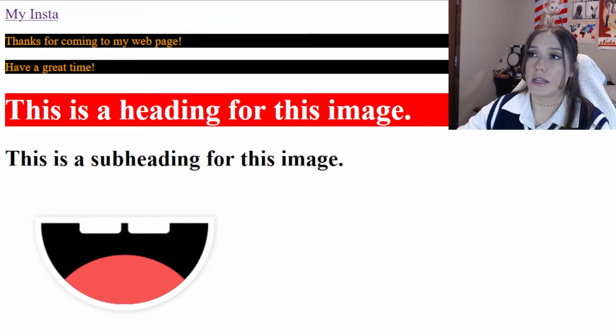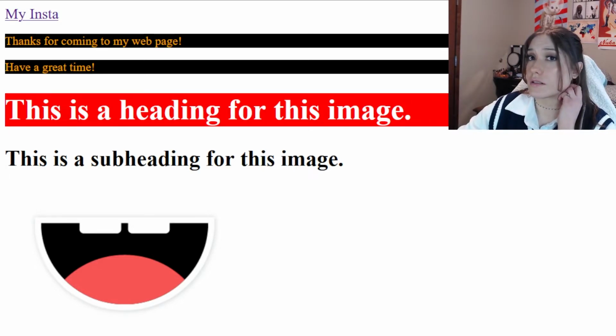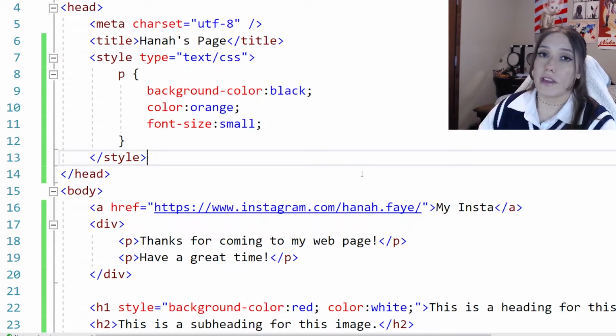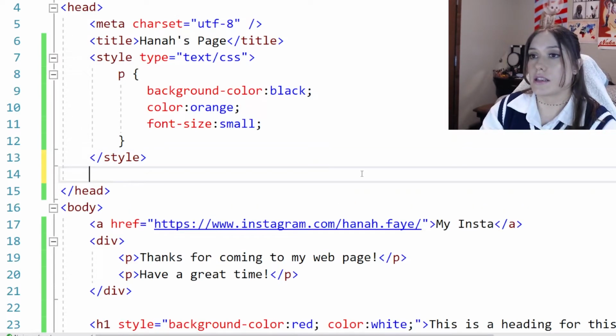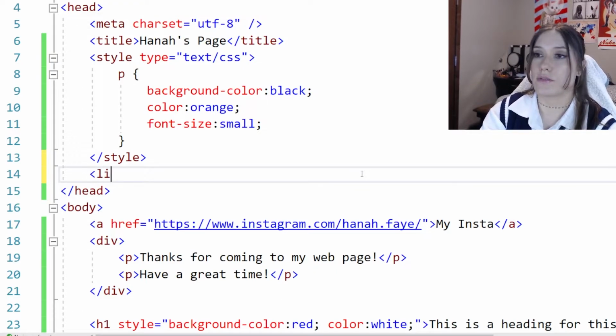So every paragraph element now has a black background, orange text, and small text. Now my favorite way, and probably the most efficient way to use CSS, is to use an external style sheet. And to do that, you link it here. You use, in the head, a link element